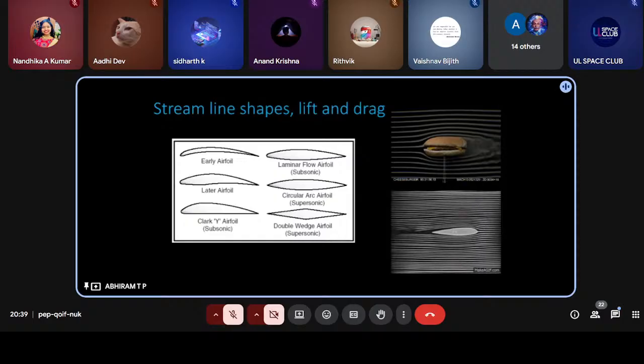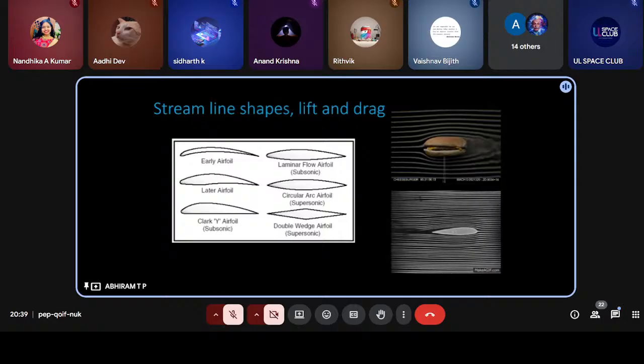And the next one is the circular arc foil. It's just symmetric and very thin. The ability of this body to produce lift at low velocities is not appreciable, but it still holds good at high speed flights. We can use it for making flight at very high speed stable, and it can be used at supersonic speed. Supersonic speed means the speed just around the boundary of the speed of sound.